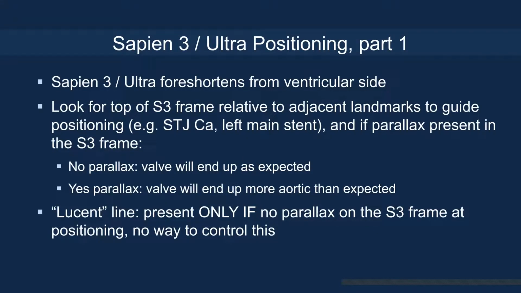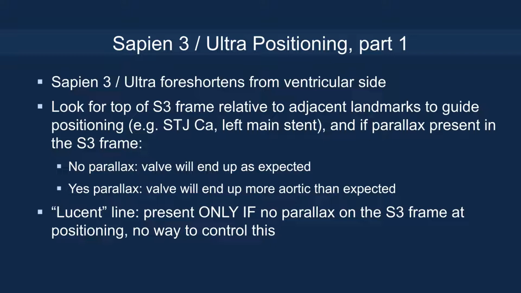So in terms of positioning, the Sapien 3 Ultra and the Sapien 3 foreshortened from the ventricular side. And so we typically look at the top of the S3 frame relative to adjacent landmarks to guide positioning, such as STJ calcium or left main stent, and if parallax is present on the S3 frame. If there's no parallax, then you can pretty much expect the valve will end up as expected. However, if there's parallax on the valve frame at the time of positioning, the valve may end up higher or